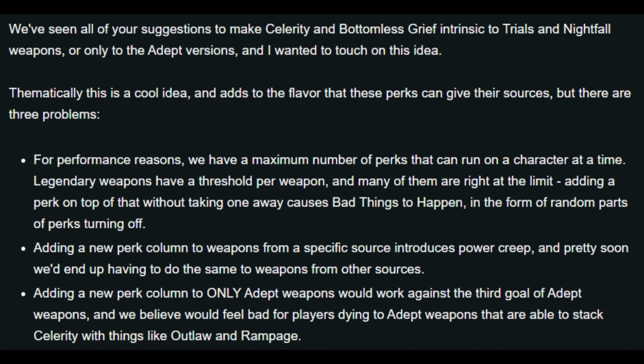there's some problems. For performance reasons, we have to have a maximum of perks on a character each time. Legendary weapons have a threshold per weapon, and many of them are quite at the limit. Adding the perk on top of that would be taking one away, because bad things can happen in forms of random parts, perks turning off and all that. Adding a new perk column for these specific sources, we still can't do it. Power creep